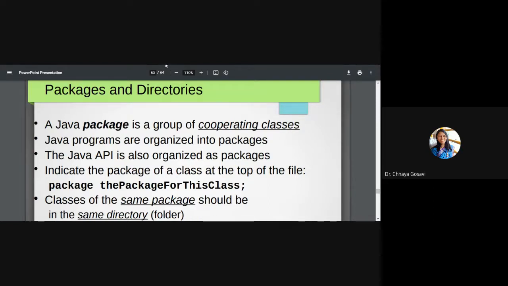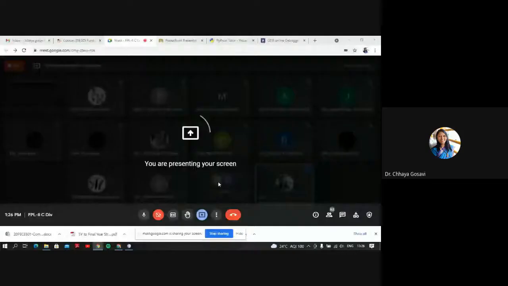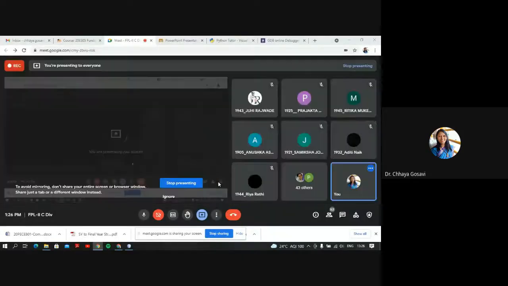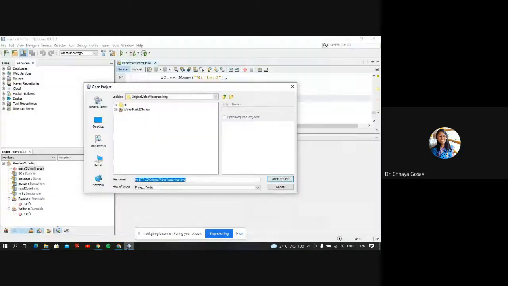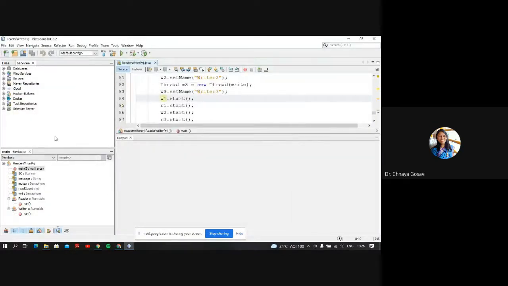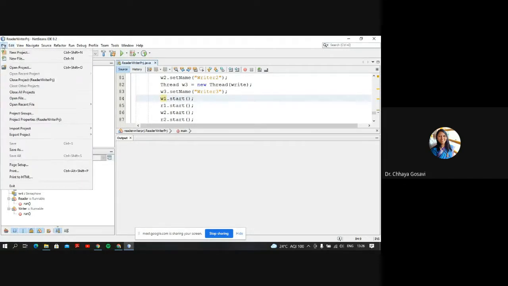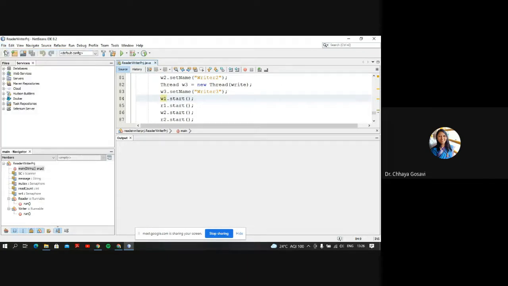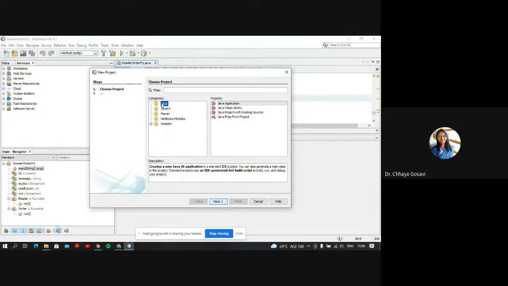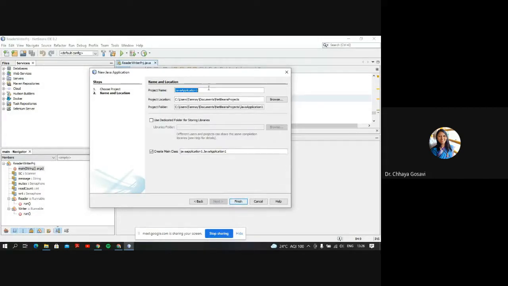Wait a minute, I'm showing you. So this is my NetBeans, and here the first thing is you have to create a new project. In case of Eclipse, there is a list of projects, you have to choose Java project and Java application, and next, and you have to give a name to your project.